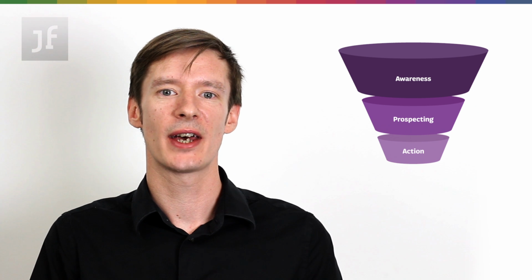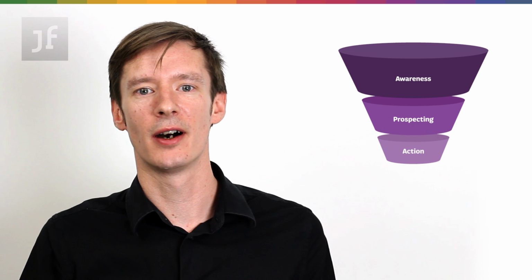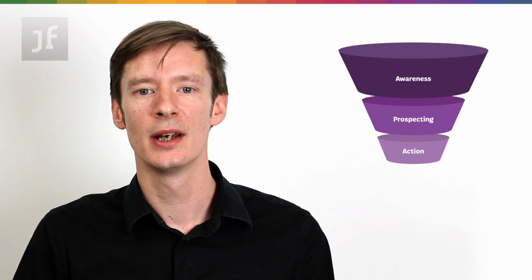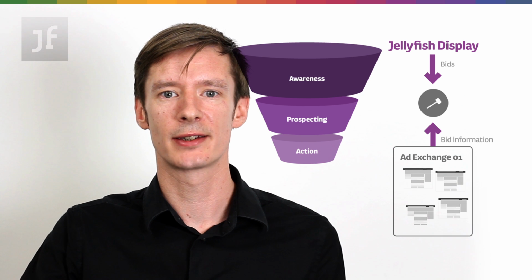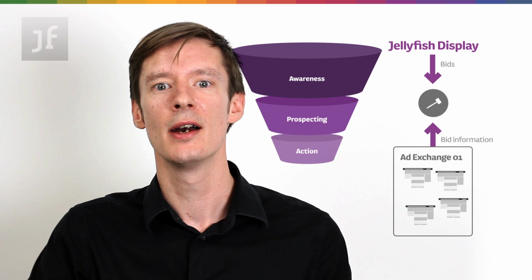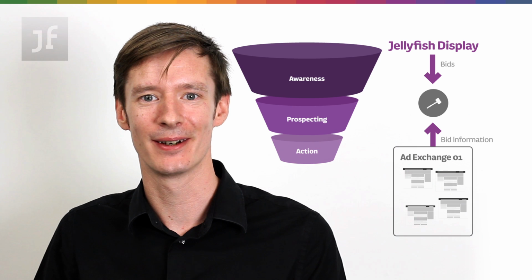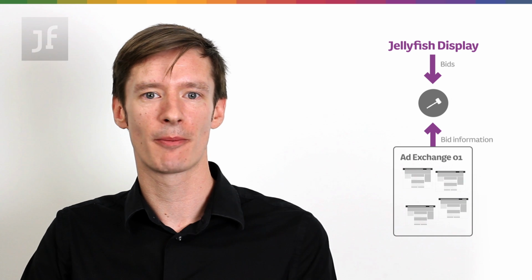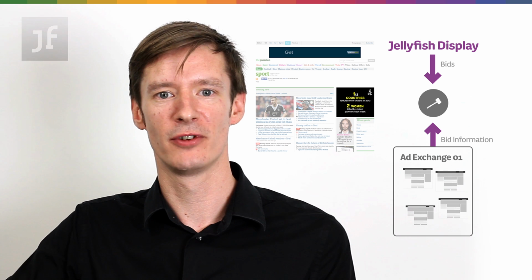RTB, on the other hand, how do we use that and how do we target it? Well, PMPs definitely work for awareness, for brand work, and sometimes for the prospecting activity in the mid-funnel. RTB comes into its own for prospecting work, sure, because there's many ways that we can target and segment and execute that buying, but also for retargeting, because we all know and love that, and it's where RTB does come into its own. So for RTB, because we're retargeting, we already know that we only want to buy people that have been to our trainer's website. Great. So we've narrowed down all of the inventory by that.